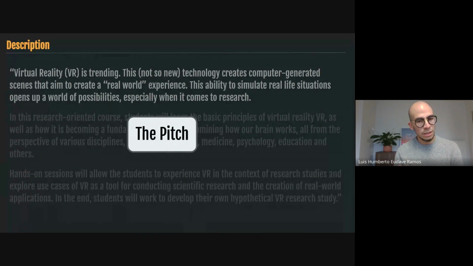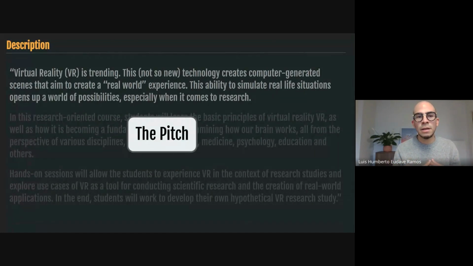So the first, which I call the pitch, says, "Virtual reality is trending. This not so new technology creates computer-generated scenes that aim to create a real-world experience. This ability to simulate real-life situations opens up a world of possibilities, especially when it comes to research." So with this, I wanted to portray the idea that virtual reality is trendy, is a new